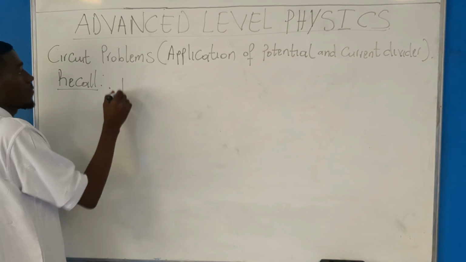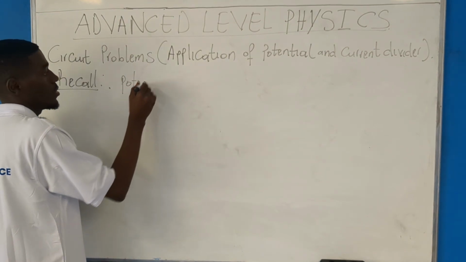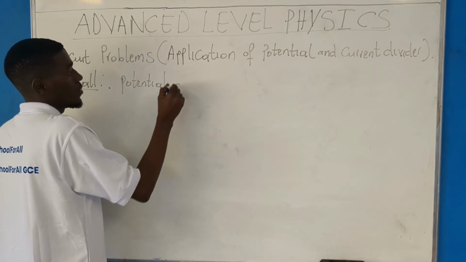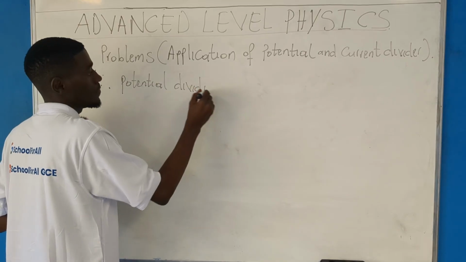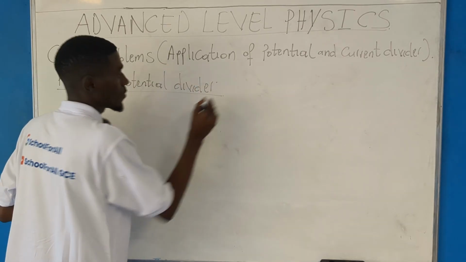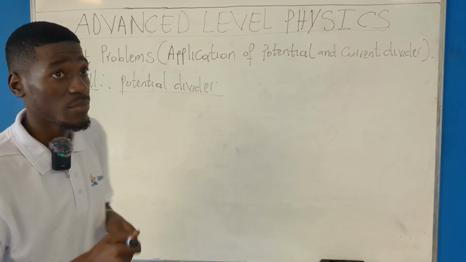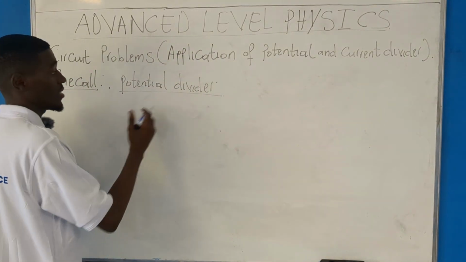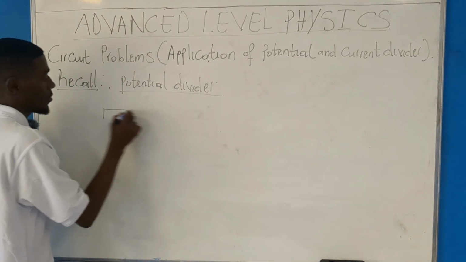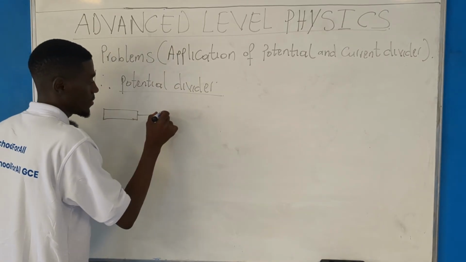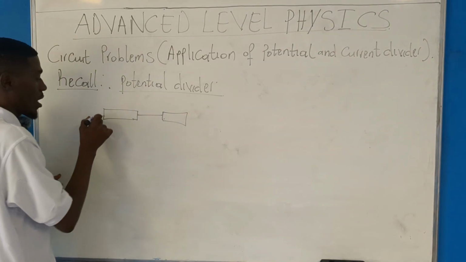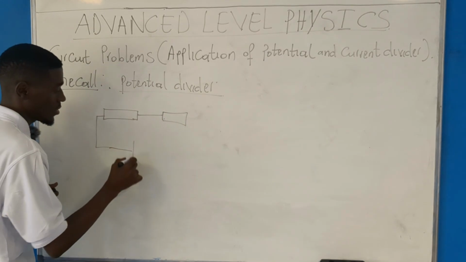Under potential divider. So when do we apply the potential divider? We are applying the potential divider, as the name says, divider. It means that when we are having two resistors in series and we connect a PD across them,